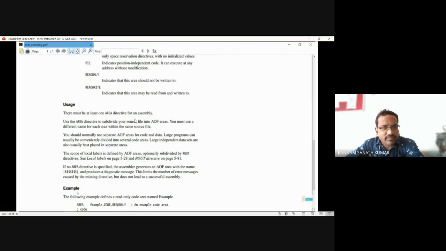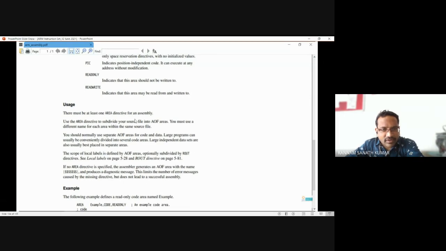For example, area, the name of the program you are writing, code, read only. This is an example of a code area. Like this, first of all you need to initialize. Suppose you want to initialize some data memory: area, the name of the code, and read write.